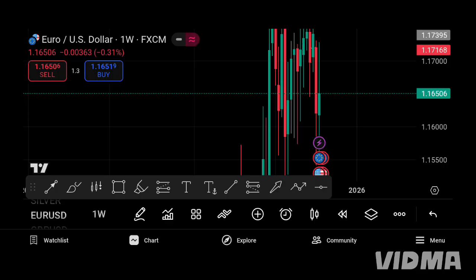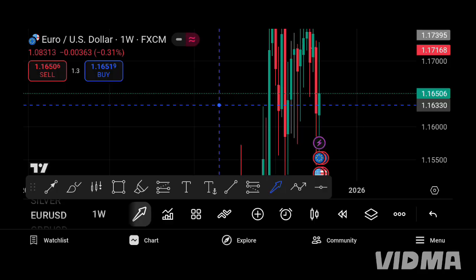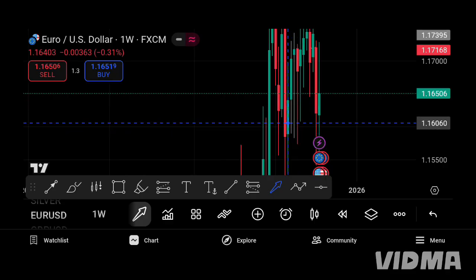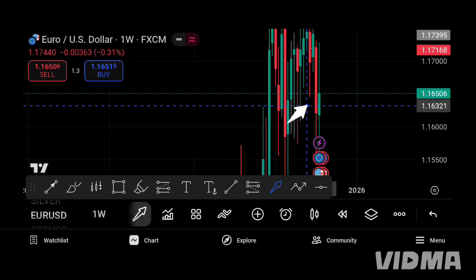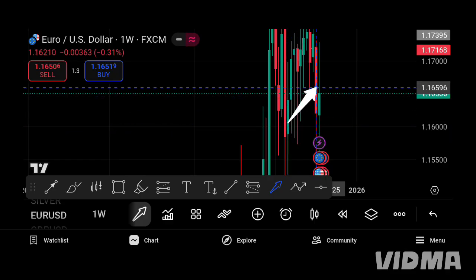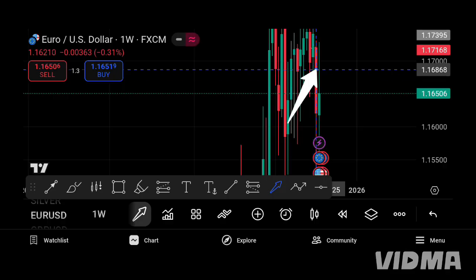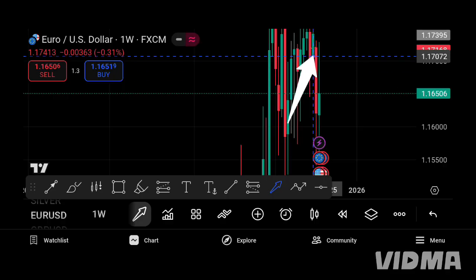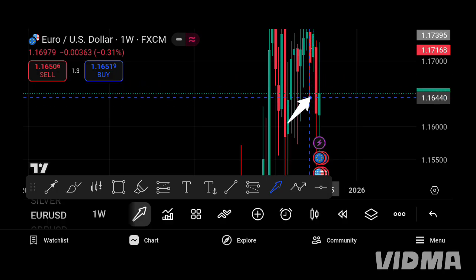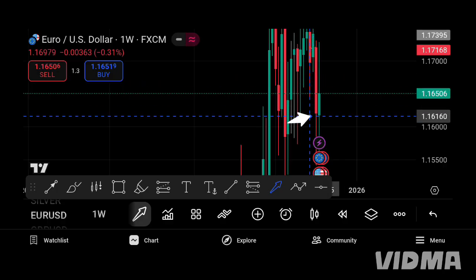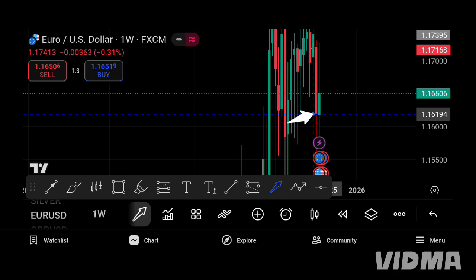So as you can see this candle here, this red candle here. After this red candle closing, then this week